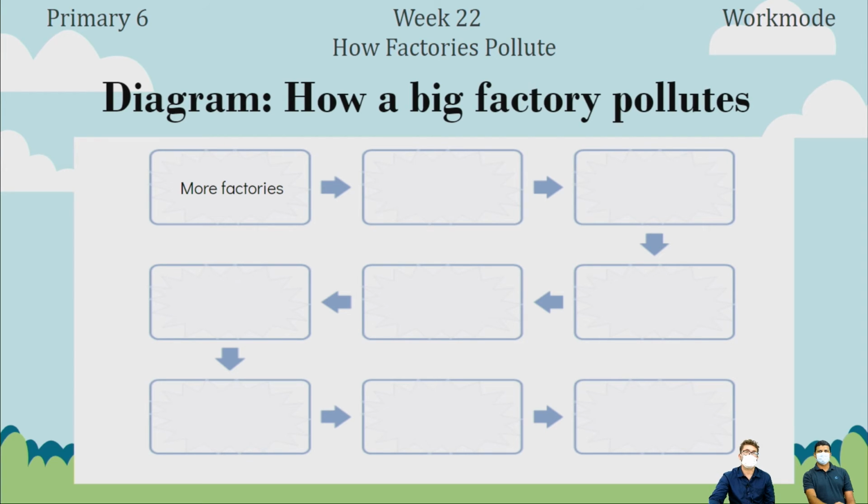Then you continue with all the effects of a factory, how they pollute. Some ideas here: they create air pollution, water pollution, and land pollution. The air pollution raises the temperature and you have global warming, the water pollution affects animals in the oceans and the rivers, the land pollution has small particles of plastic which can enter the food chain, and finally you have the planet which is getting destroyed. Okay? So think about all the points you can come up with, and that would be your thinking tool for this week.